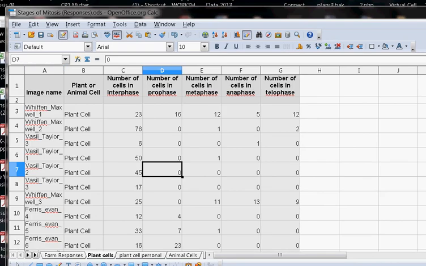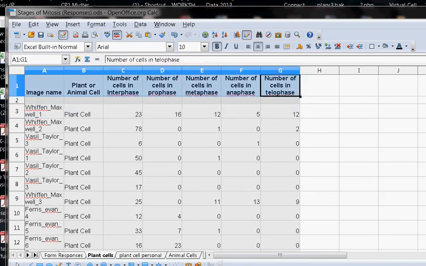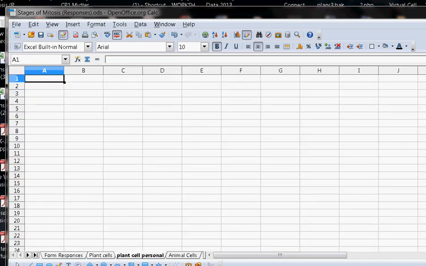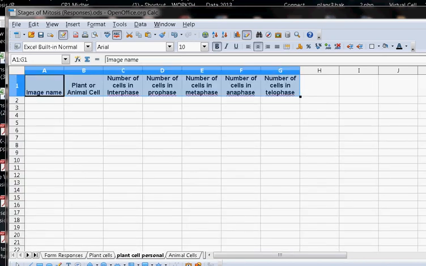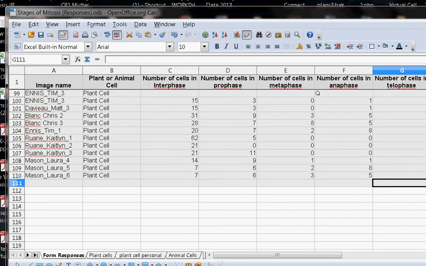I can simply go back, take the titles again, Control C, and put the Plant Cell Personal right up here at the top, Control V. And then all I can do is I can go back here and I can go pick my individual names out. Or if I want to do something that's really helpful,